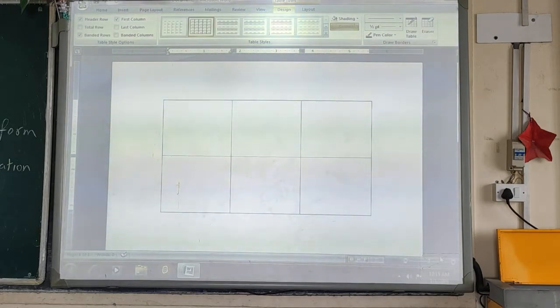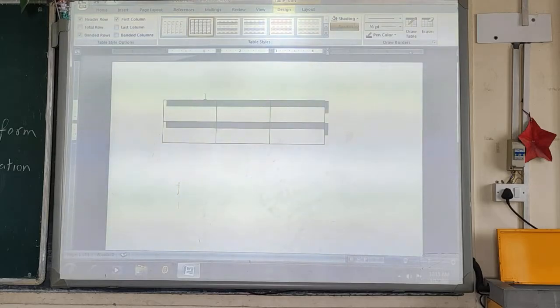This is how you can resize or change the size of the entire table by using the resize handle, which is located in the form of a small square on the right hand side bottom corner. Whereas the move handle is located on the left hand side top corner. Okay? Now, this is all about how to move the table and how to resize the table.